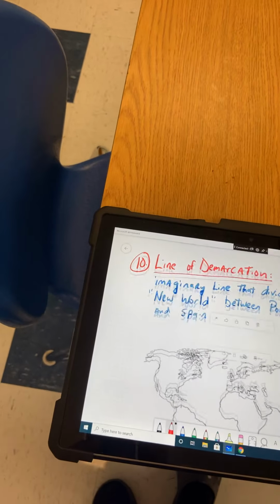I want to talk to you about something else. Even though Columbus died and thought he was a failure, I want you to think about the impact of discovering a new world. Other countries of Europe decided to come over and check out this place, this new world. They wanted to see what was here, okay? And eventually,